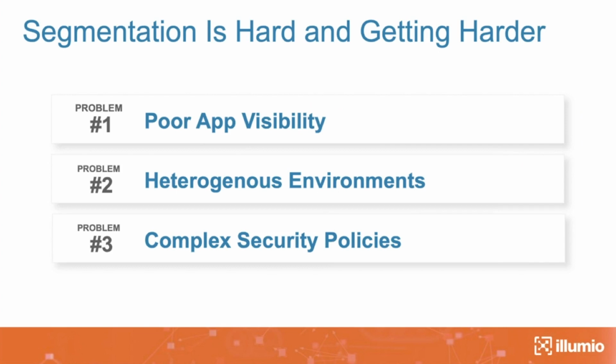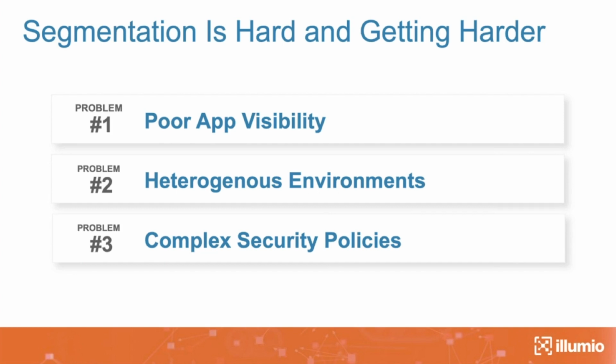And the challenge that customers face when they try to segment the network as they see today, we see three things that come out time and again. One is poor app visibility. We have lots of tools today in the enterprise world that give us network maps and tell you how packets are flowing. But when you really want to secure your environment and secure applications, you need visibility into how your applications are communicating with each other, as well as within the tiers of the same application. And without this visibility, you do not have a very good chance of succeeding at driving security policies, because what you can't see, you can't secure.